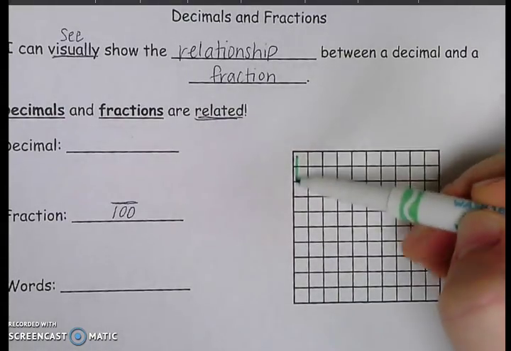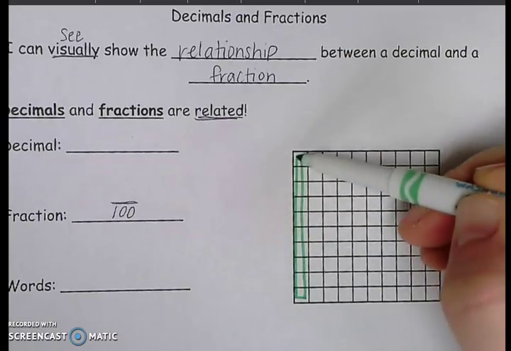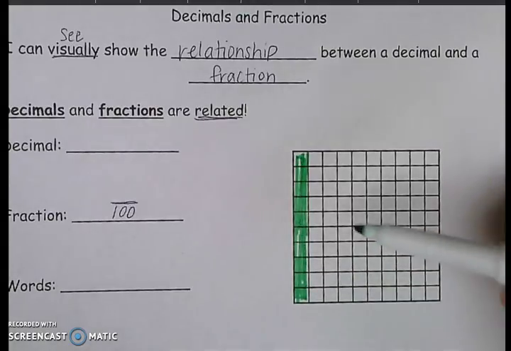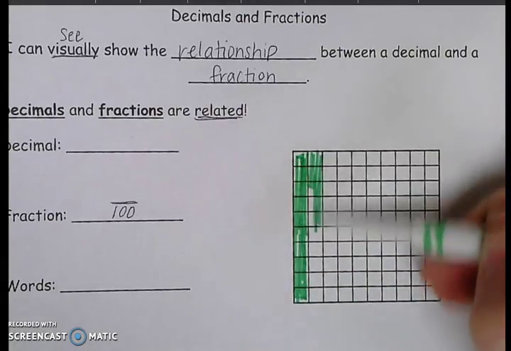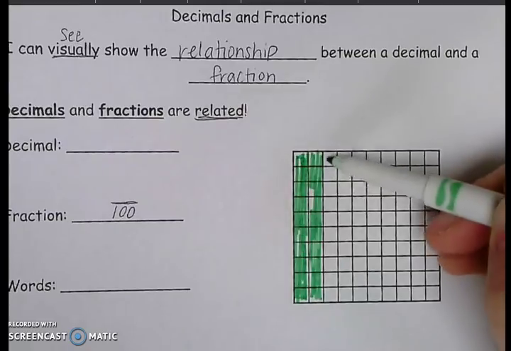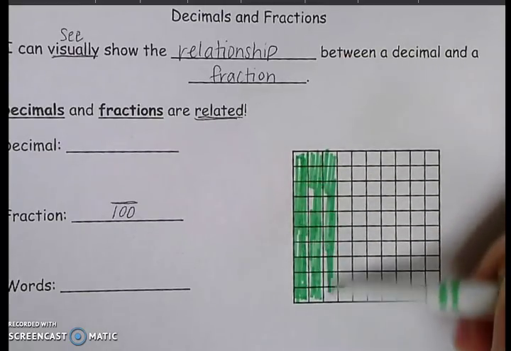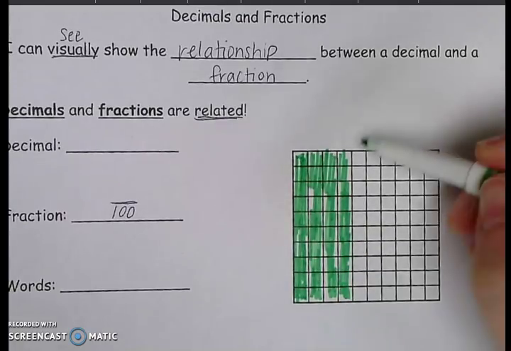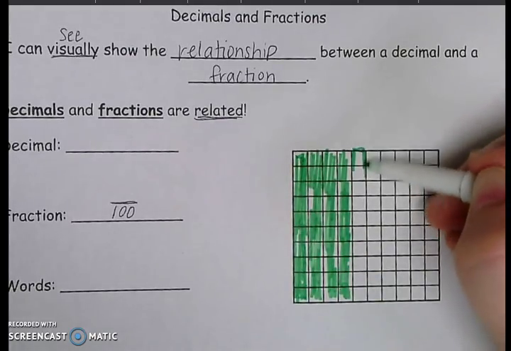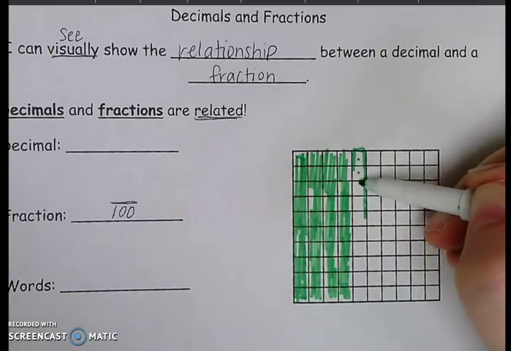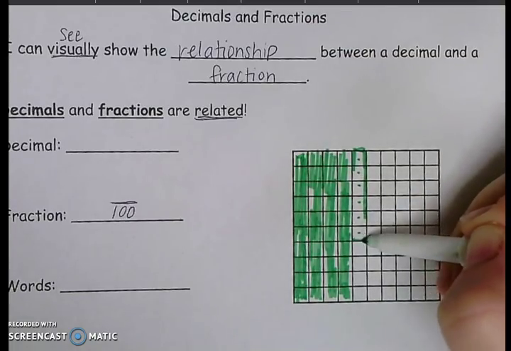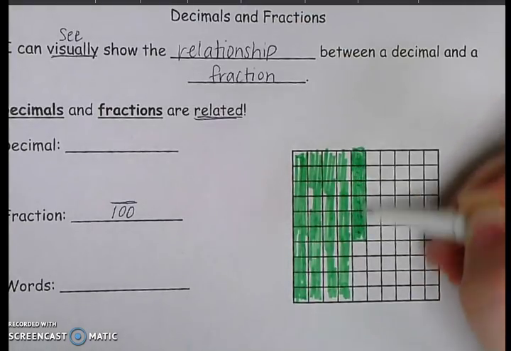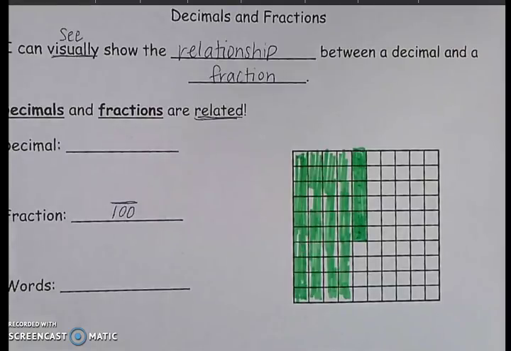So if I shade in 46, each column is 10. I'm just going to quickly shade. This would be 10. This would be 20. This would be 30. This would be 40. And then 46. 1, 2, 3, 4, 5, 6. So shading in 46. Okay, so total,